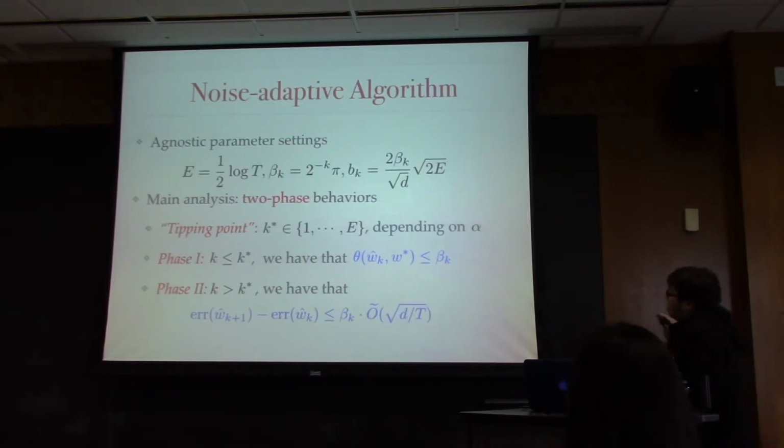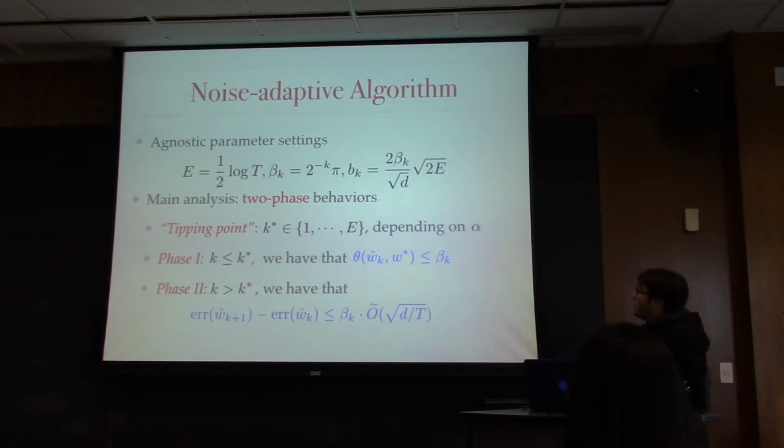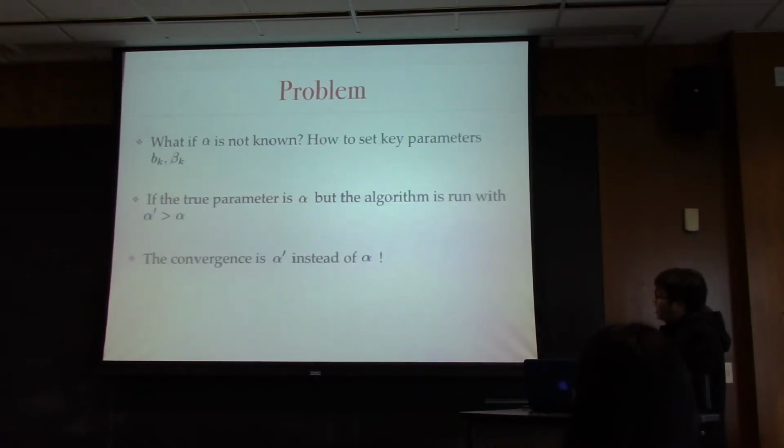So in our work, we slightly changed the margin-based active learning algorithm. First, we slightly changed the algorithm to make it noise tolerant. So basically, for a wide range of alpha, you don't have to know alpha, and you don't even have to approximate it, and the error bound will automatically be in terms of this alpha of the unknown noise distribution.